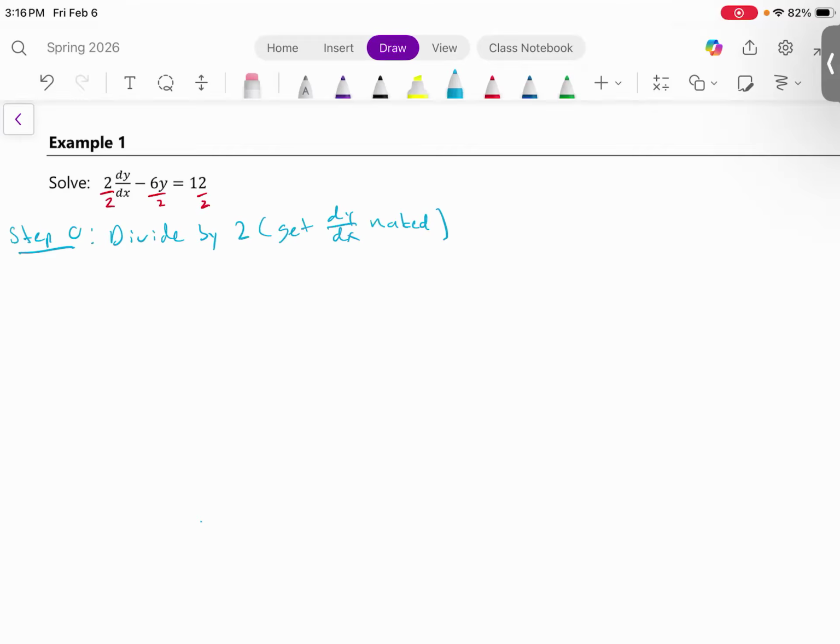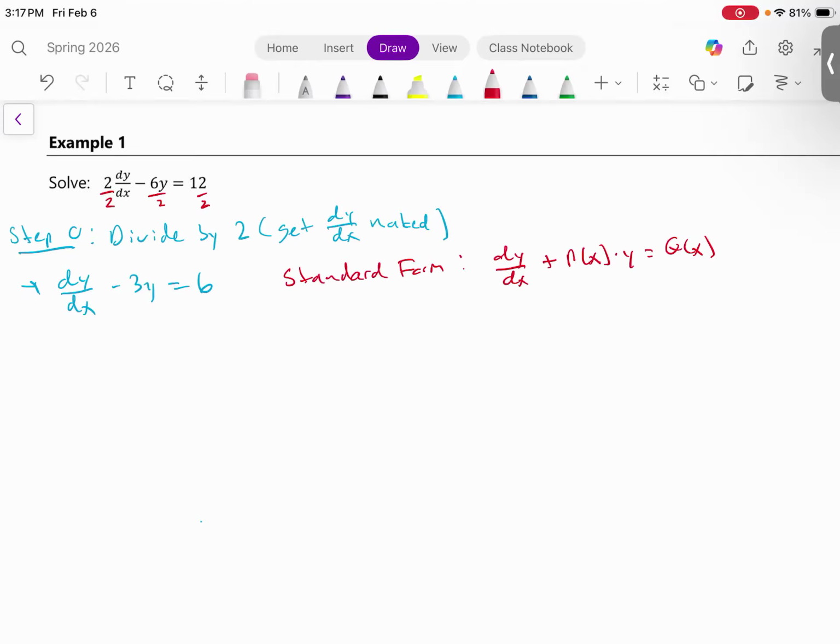All right. And when I do that, what I get is just dy over dx minus 3y equals 6. We do this to get the linear equation into standard form so that we can start the process of solving. Because what does standard form look like? If you could recall, standard form,